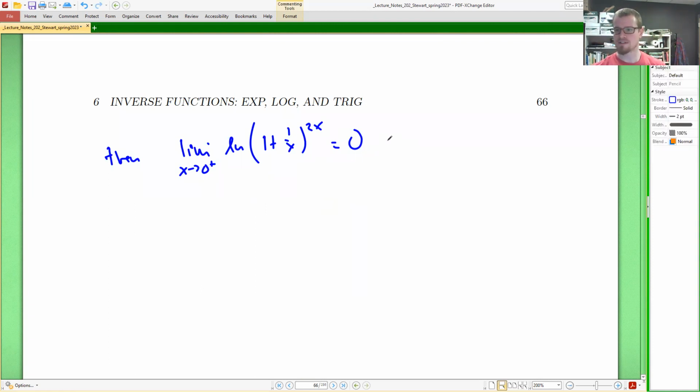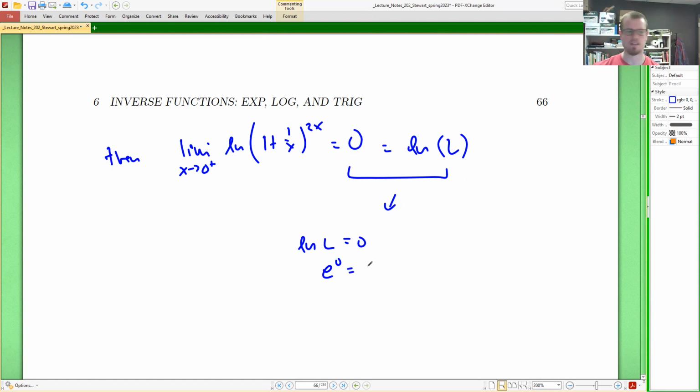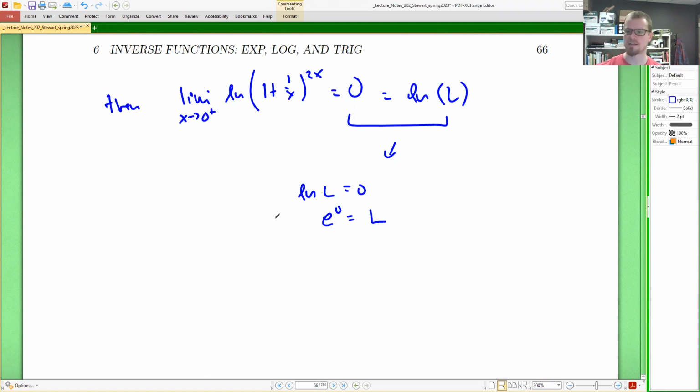All right, so this is 0, but we said that this is the natural log of L. So focusing on this thing, if the natural log of L is equal to 0, we can rewrite this in exponential form and say that e to the 0 is equal to L. Excellent. Yes, e to the 0 is equal to L. And this would give us